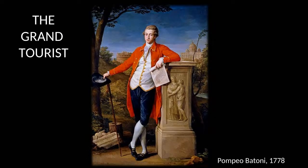Now, the grand tourist. This is a very, very important concept. The way that education was finished during the Georgian and Victorian period required travel. Unlike today, you couldn't just turn on a documentary, they didn't have YouTube, and even books were hard to come by with photography. So, especially in the beginning, in the 18th century, men would embark on these grand tours where they would travel through Europe with the goal to expose themselves to as much culture as possible. And they would travel through all cities, through Eastern Europe, they would go to the Baltic, they would go to Rome and Italy, and the goal was to see and experience, to learn languages, to see art,